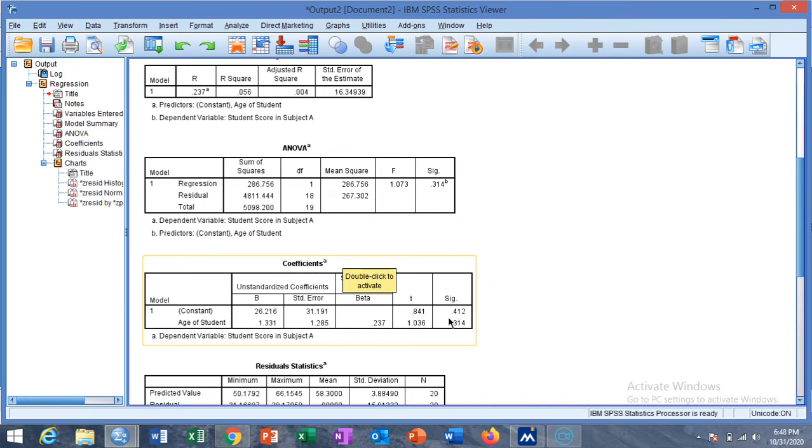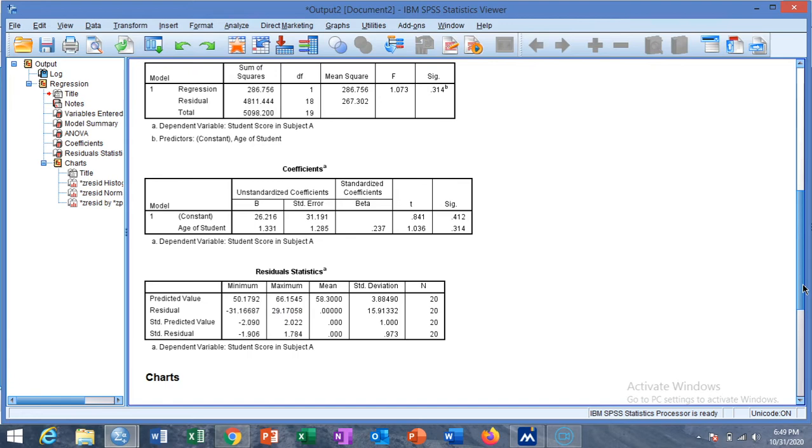This also shows that the estimated coefficient of beta 1 is not significant, meaning the age of student has no impact on student score. We can say that the student score is not affected by the age of student.